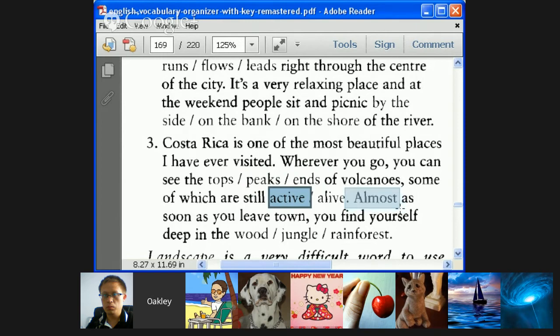Ali, next sentence. Oh, Ali's not here. Okay, Moam. Almost as soon as you leave town, you find yourself deep in the wood or jungle, and not in the rainforest. I don't know why, but it's like that. Well, deep in the rainforest. No, you can use rainforest here, because you're talking about Costa Rica. So you can find yourself deep in the rainforest or deep in the jungle, which is really another word